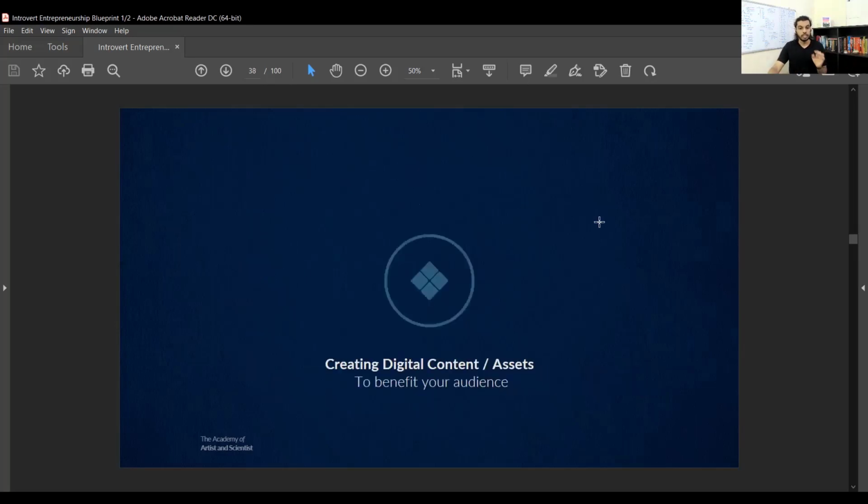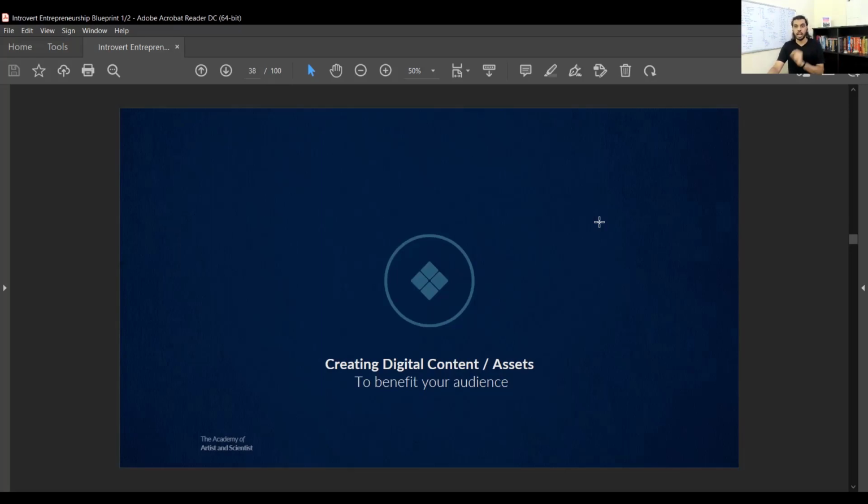Then we move forward to how we do that. We do that by creating digital content. In other words, what I resonate with more is how can we create digital assets? Content is something different, assets are something different. An asset, by my definition, is something like an apartment or a property. It's going to pay you over a period of time. Gold is an asset that's going to pay you over a period of time as time goes on.